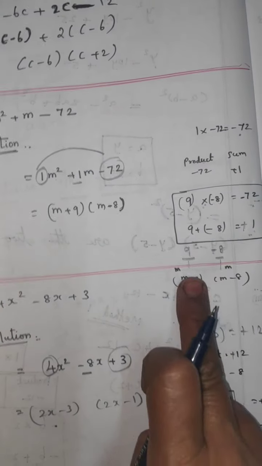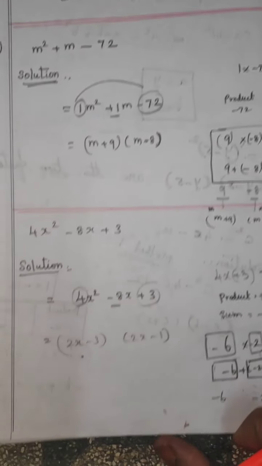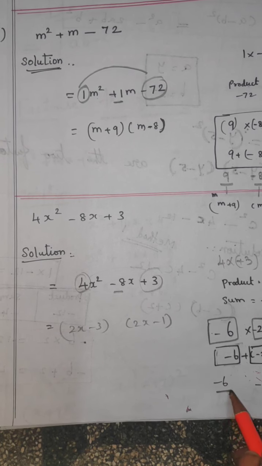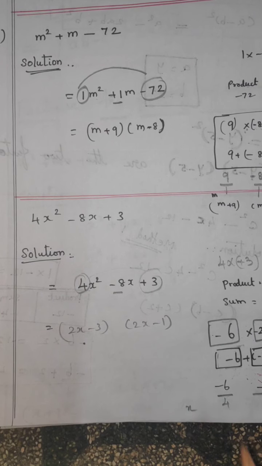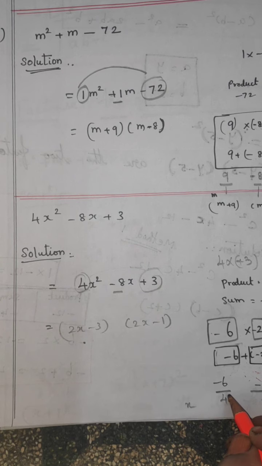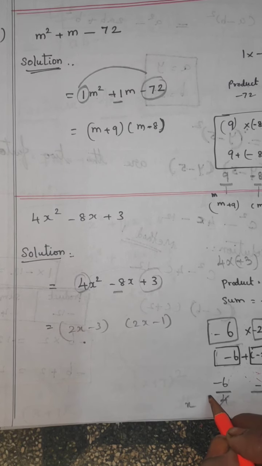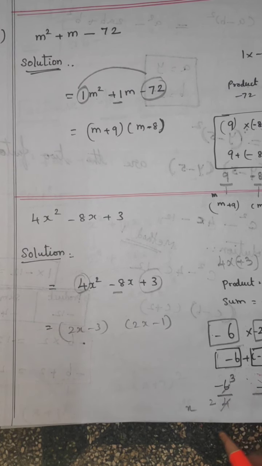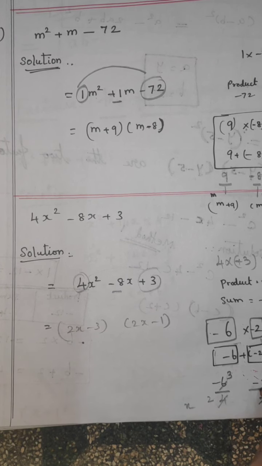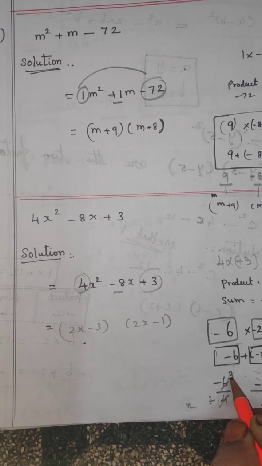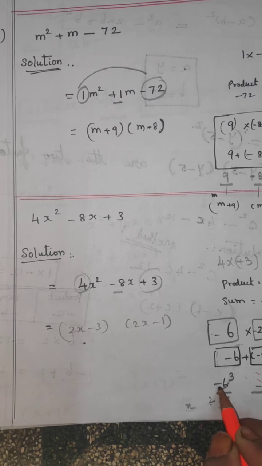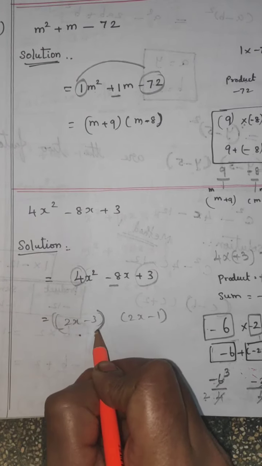Here, what is the variable? Before the sum there is 1, so divide the number. Here the number is what? 4. So you divide by 4. Then before that, what is the variable? X. X is common, so only write x below. So this two numbers are possible in the two table. 2 twos are 4, 3 twos are 6. Here 2 twos are 4, 1 two is 2. So 2 into x, 2x. What is the answer? Minus 3. So 2x minus 3 is written in one bracket.